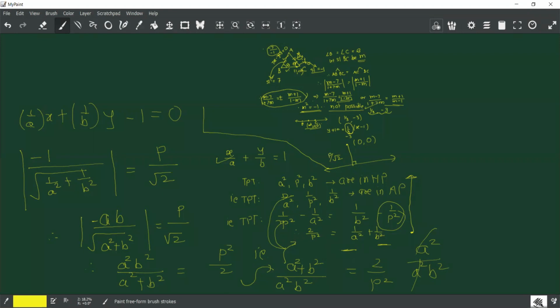So ये 2 upon p square है वो break करके वो आएगा 1 upon p square plus 1 upon p square is 1 upon a square plus 1 upon b square. Correct? So this term here and this term there. This is what you get here. Are you clear? मतलब ये step आएगा. मतलब second minus first is equal to third minus second means the common difference is same, means first number, second number and third number are in AP. मतलब उसके reciprocals are in HP. Is that clear?